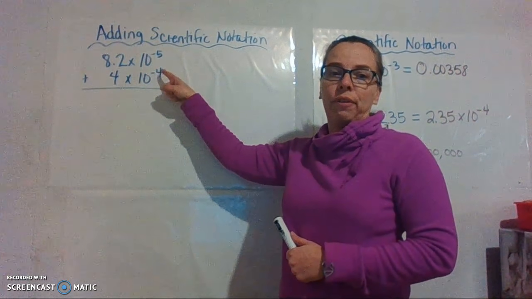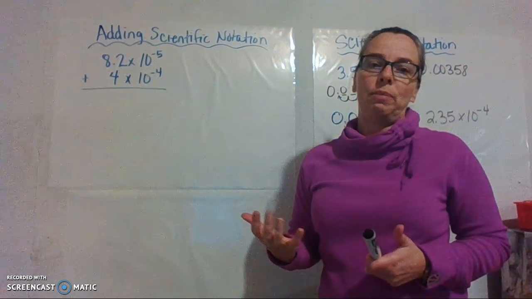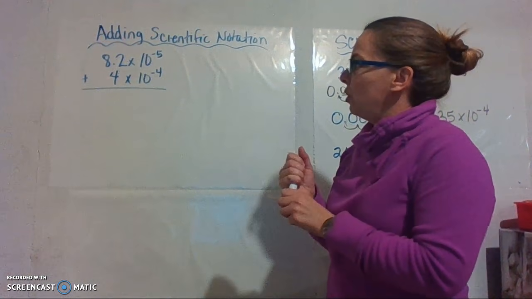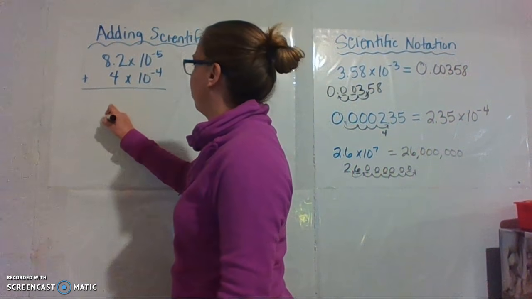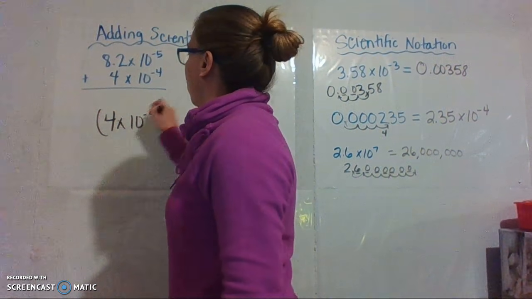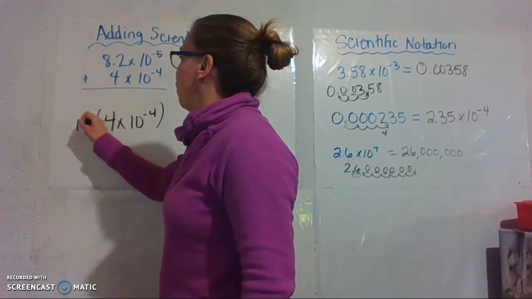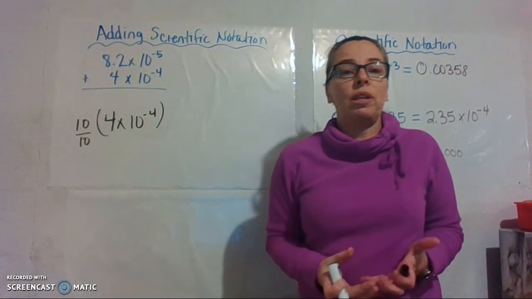Right now I've got 10 to the 5th and 10 to the negative 5th and 10 to the negative 4th. I can't subtract them unless they are the same. So I'm going to look at adjusting the second one. So I want to change that, and to do that, I'm going to multiply it by 10 over 10, which is like multiplying it